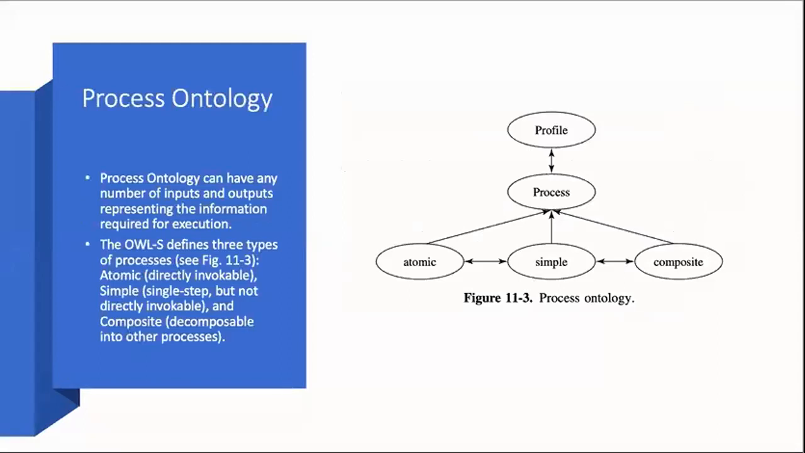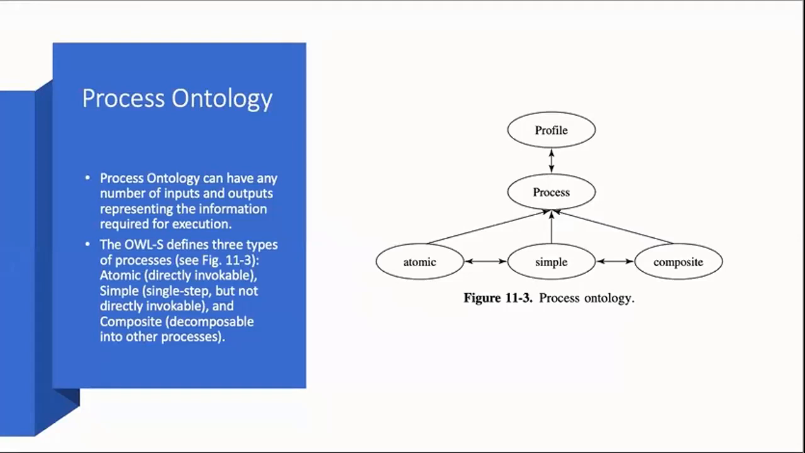Next, process ontology. A process ontology can have any number of inputs and outputs representing the information required for execution. Besides inputs and outputs, parameters for physical devices such as rates, forces, and control settings can be included. The process ontology serves as the basis for specifying a wide array of services on standardization. OWL-S